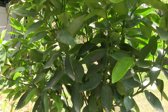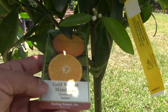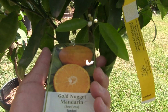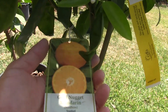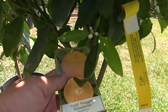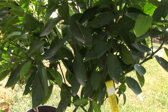succession crops of fruit. So for instance, this particular variety of mandarin orange has good qualities, meaning that it's seedless, it's easy to peel, and it's super sweet. But it also fruits. It ripens around March, so we're gonna get a crop in March. The other thing that we're gonna get is the Satsuma mandarin, and that ripens a little bit sooner. So we'll have two crops out of it, and so succession fruiting is something that I'm big into. In addition to it being tasty, you'll see that as we talk about the other fruit as well, fruits along